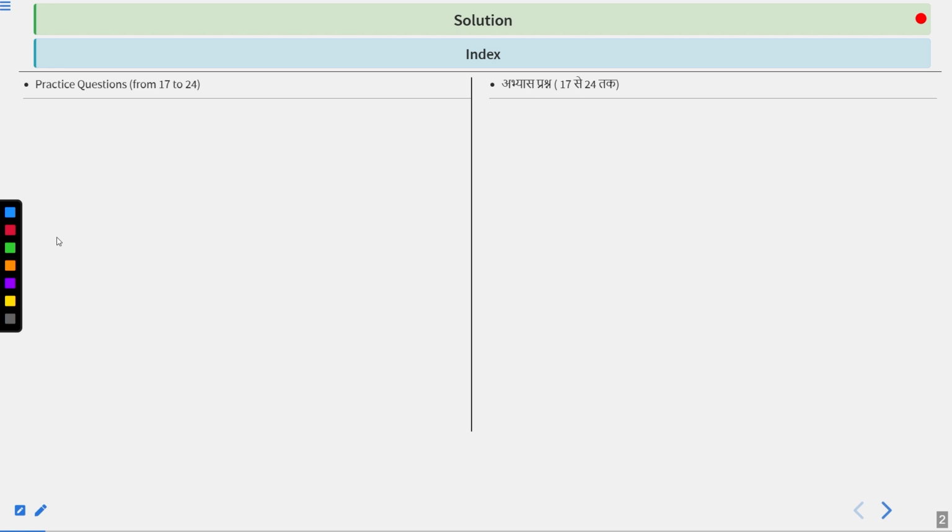Okay, so this is the first thing. Second thing, since I am reading the question slowly and loudly, you can utilize that time also to solve your question. So let us begin with this.